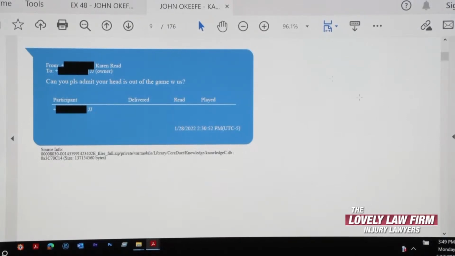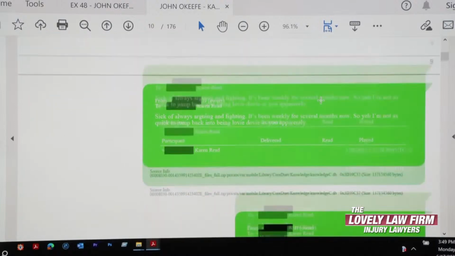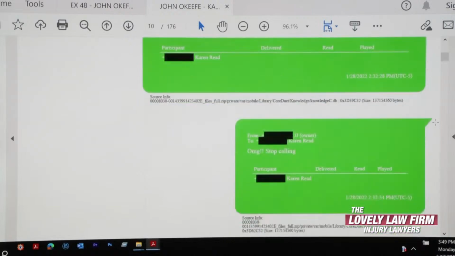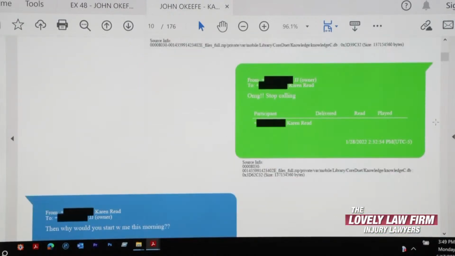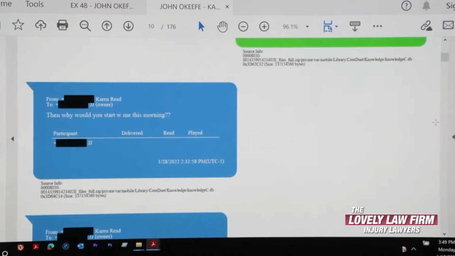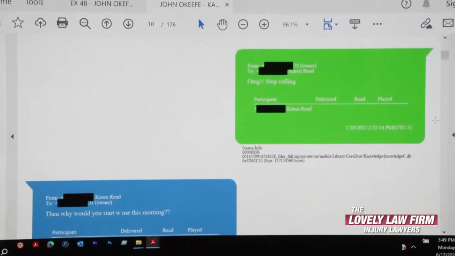If you could, sir, please continue on to the top of page 10. At 2:32 p.m., "Sick of always arguing and fighting. It's been weekly for several months now. So yeah, I'm not as quick to jump back into being lovey-dovey as you apparently." From John. And then John again at 2:32, "Oh my God, stop calling." I could stop you there for just a moment, sir. With regard to January 28th,